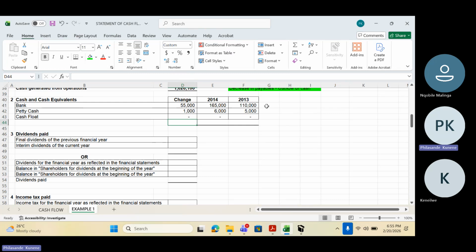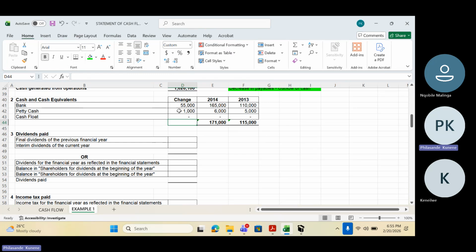Why are we saying it is an outflow? Because you're allocating more to petty cash in 2014 than in 2013. We allocated. Actually, I'm not too sure, but yeah. Okay, you see what happens? An increase in petty cash is still an inflow, all right? It is still an inflow